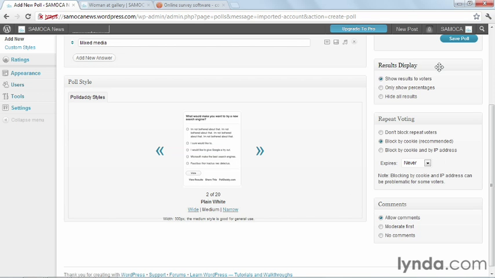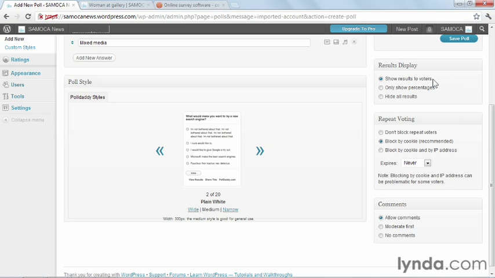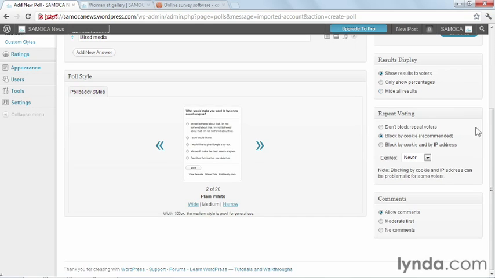Then I'm going to go make sure that the results display is correct. Here I have the option between showing the full results to the voters, show only percentages to voters, or hide all the results. And I can check whether or not people are allowed to do repeat voting. You can either not block repeat voters, in which case people will rig your vote. You can try to block it based on a cookie, and you can also block both based on a cookie